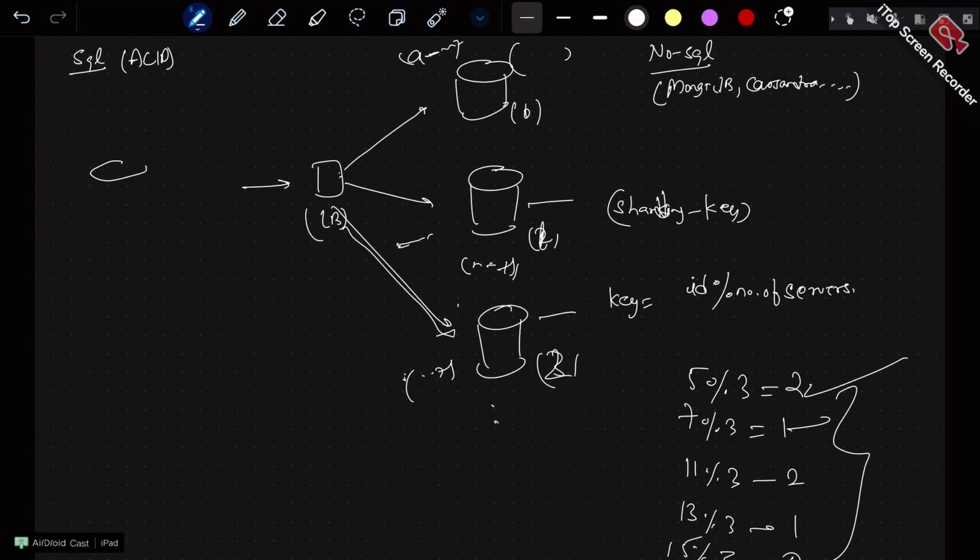Your data of SQL always resides in one node. That's it. Maximum what you can do is replicate the data, but you are not going to shard the data. This is T1, and this will again be T1 only. It's data replication you are doing. You are not going to shard the data. The reason they are not providing us auto scaling is they themselves will say, I cannot provide auto scaling. Why? Because if they provide auto scaling, they will compromise on ACID properties. How will they compromise? Let's see that.